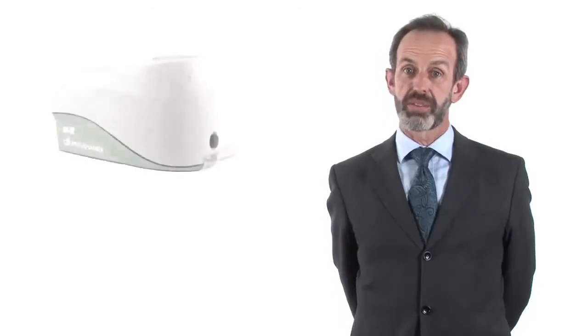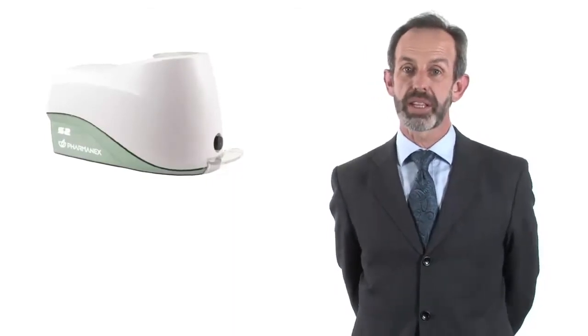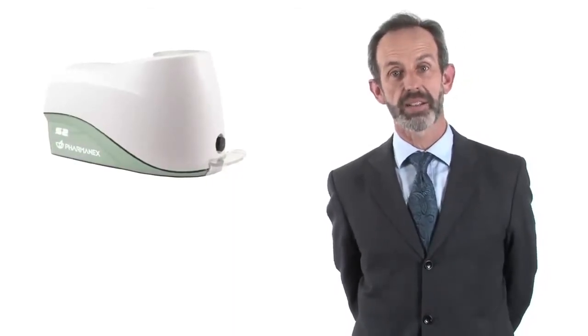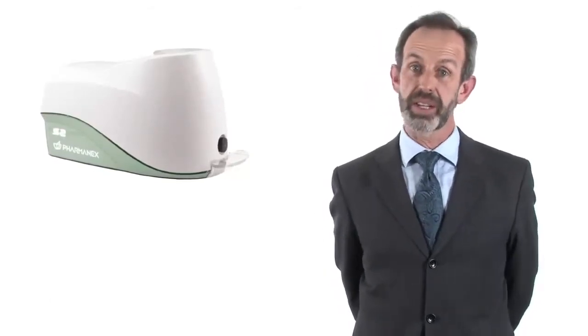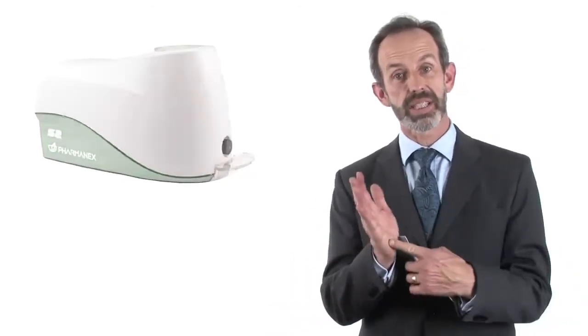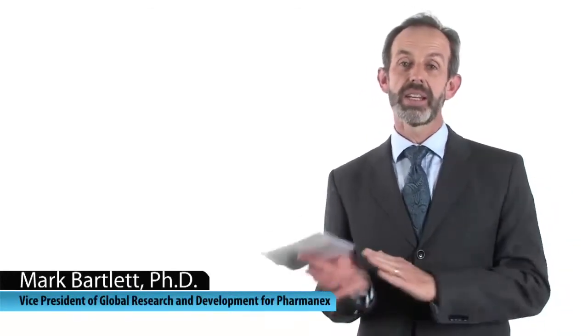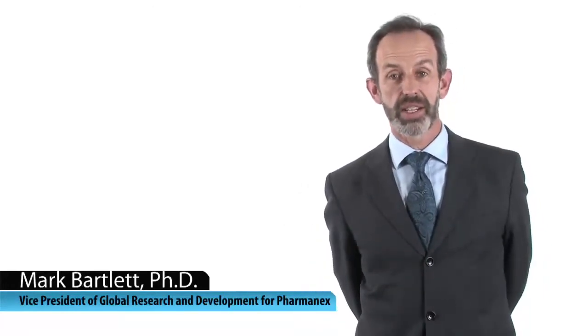Another huge first for us is the ability to measure carotenoids in the body. That, of course, comes with the light-based biophotonic scanning technology. So for the first time in our industry and in the world, being able to actually use light to measure antioxidants at the site of action, which is in the skin. While it may be possible to measure how much you're actually ingesting, or later on how much actually gets into the blood, we feel that the most important place to measure antioxidants is in the tissue where the fight is actually going on every day with free radicals and antioxidants. The biophotonic scanner is the first technology that allows us to non-invasively measure antioxidants in the body with a 1.5-minute